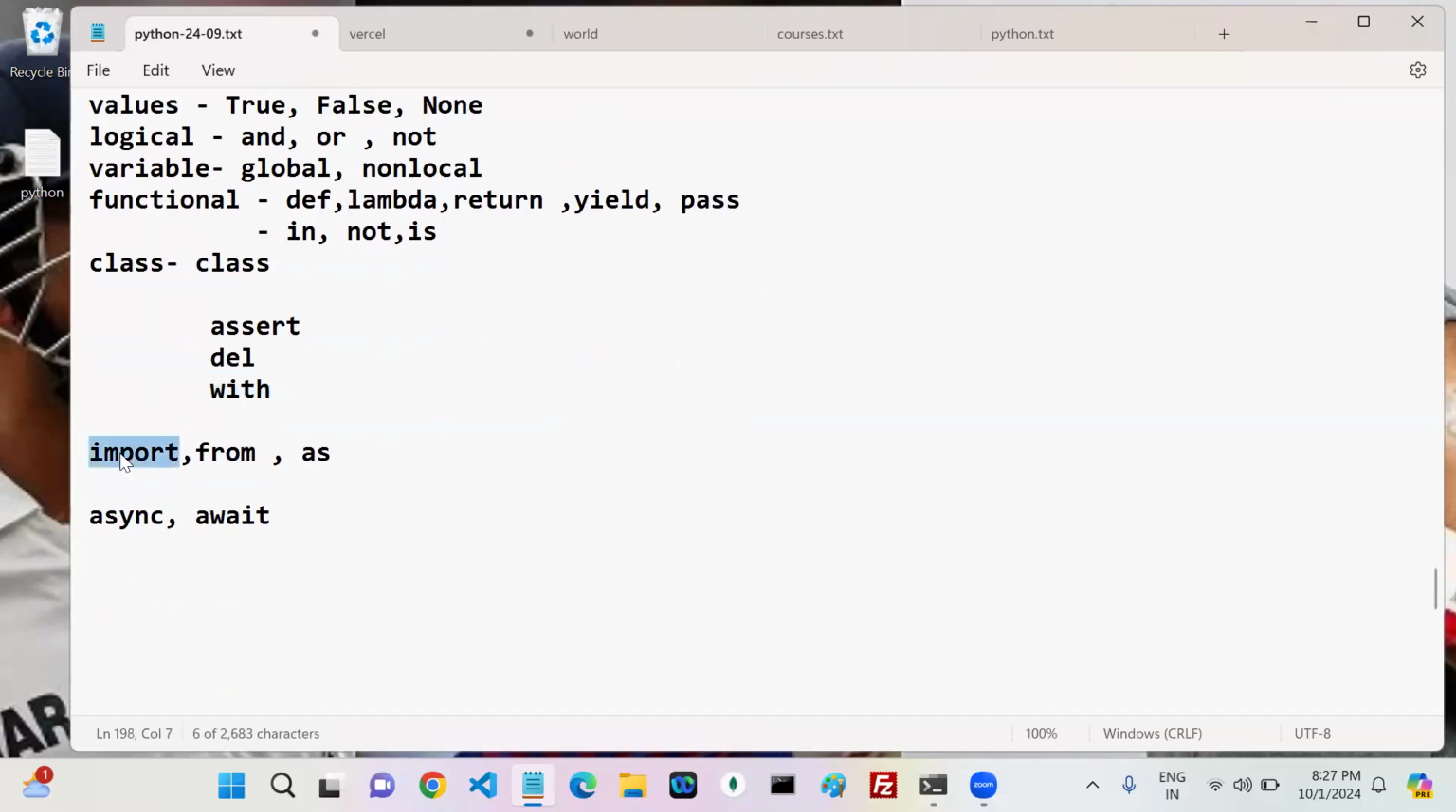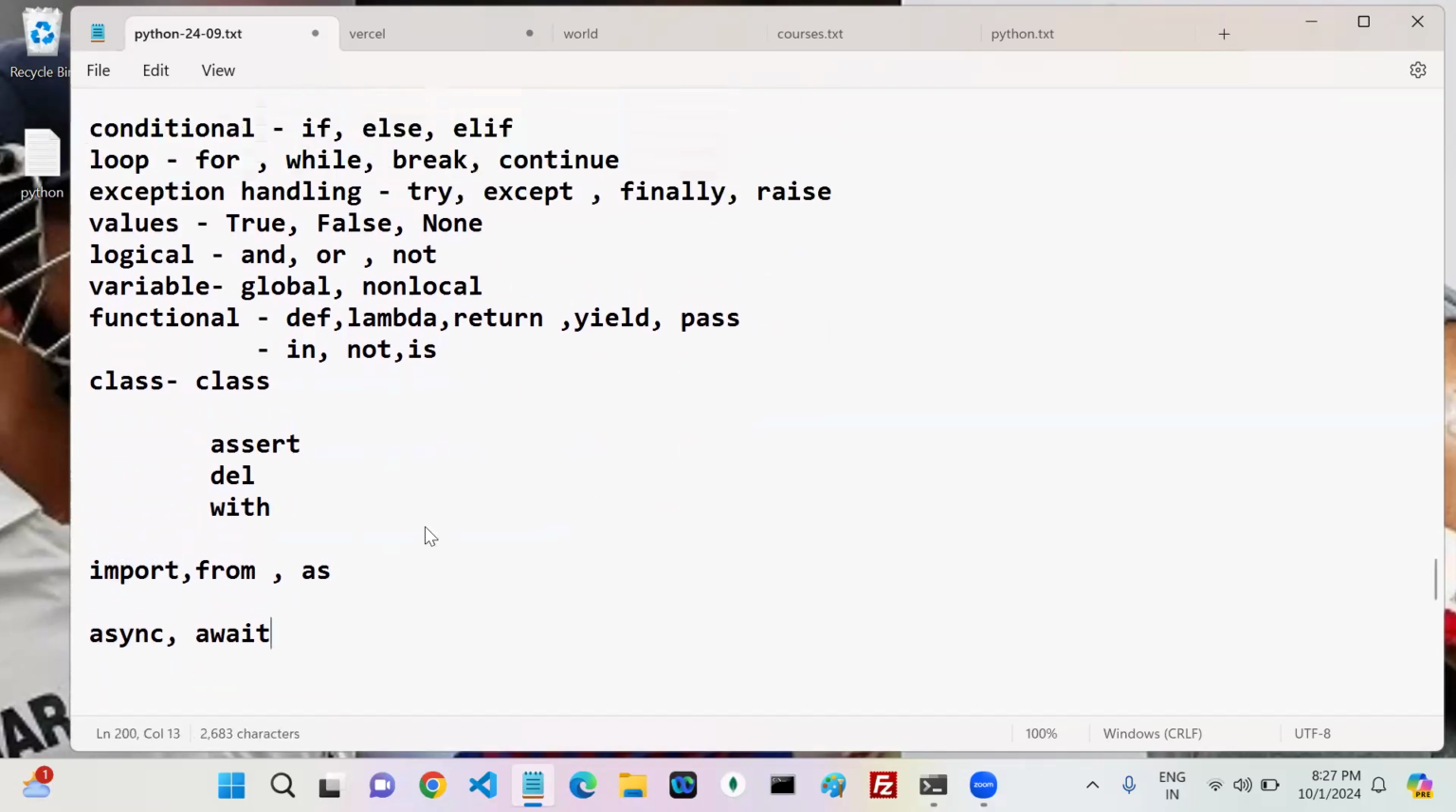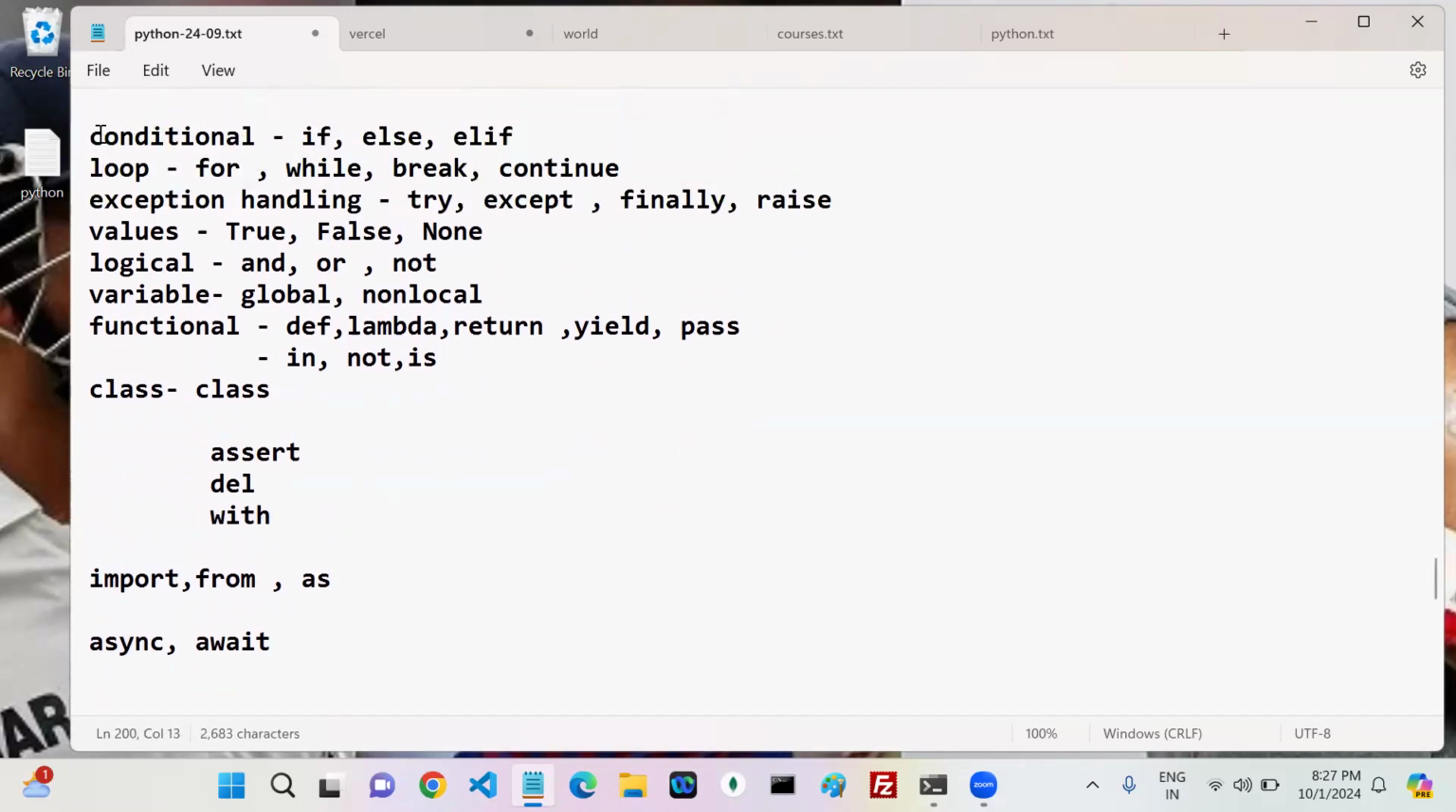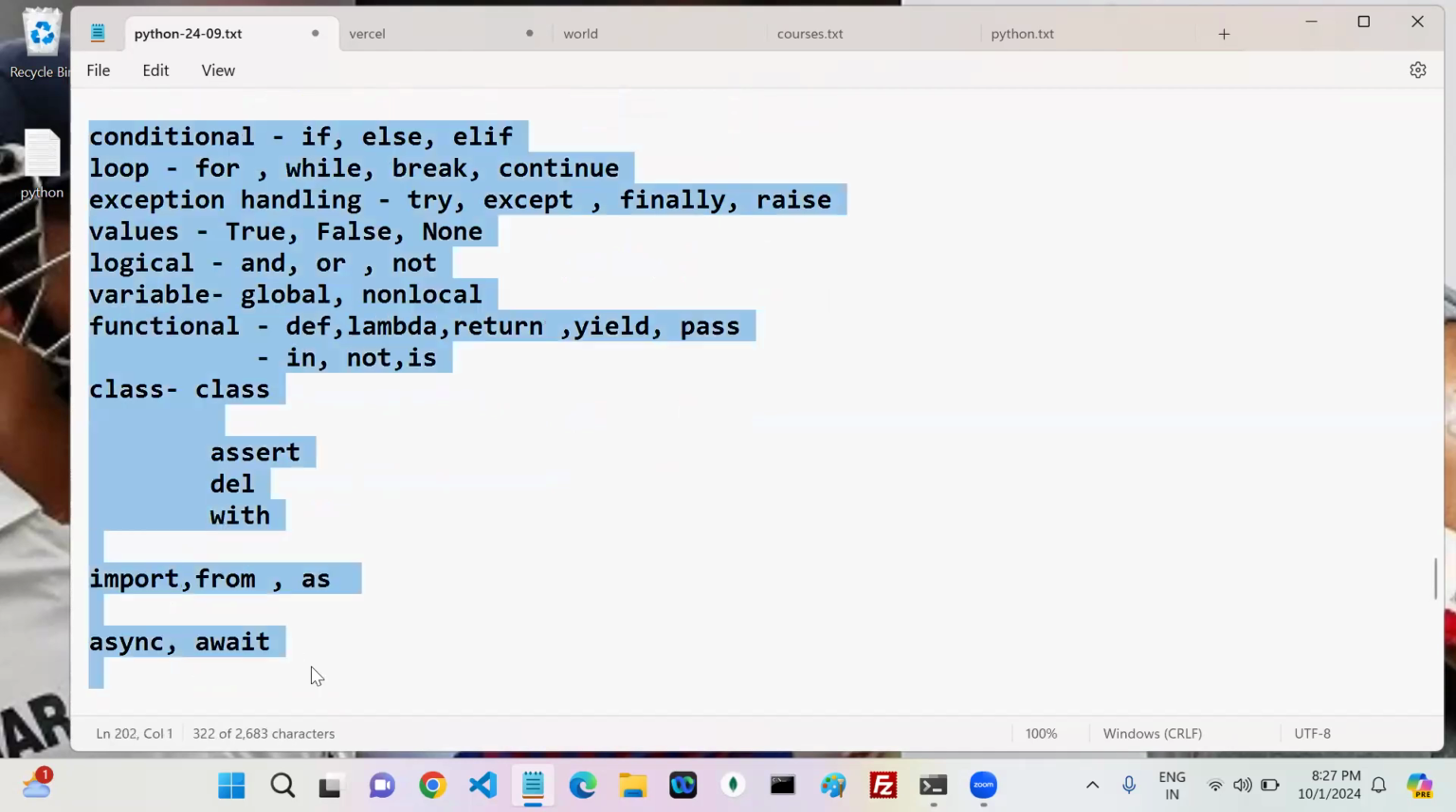Next is modules and packages. If you want to import some values from one module to another module, import from that particular module. If you want to give some alias name, you can use as. Asynchronous actions: if you want to handle them, we can use async and await keywords. These are the keywords most of the time we are going to use in Python. Each and every keyword we are going to discuss as part of our sessions. Are you able to remember